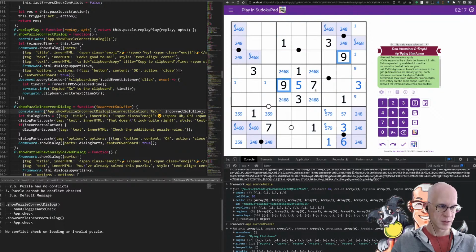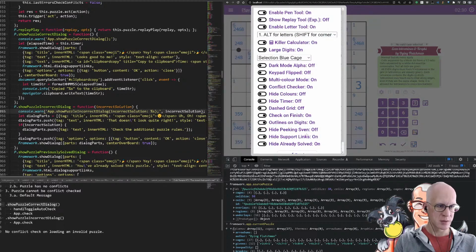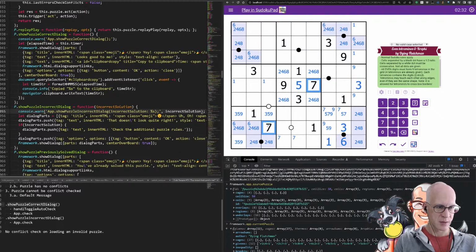Like that, for example. And alright, it's not a 7. I think I can switch to large digits here. Test all the things. More testing, more better. Alright, so these are all odd digits. 1, 3, 5, 7, 9.